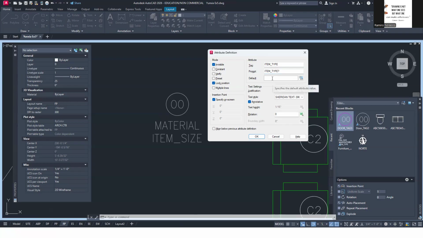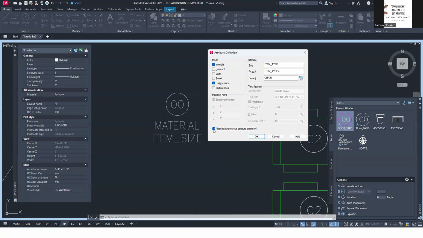And then let's just say chair, okay? Middle center, align. Actually, sorry. If you click align below previous, all of this will be grayed out. So it will just go to the next line.